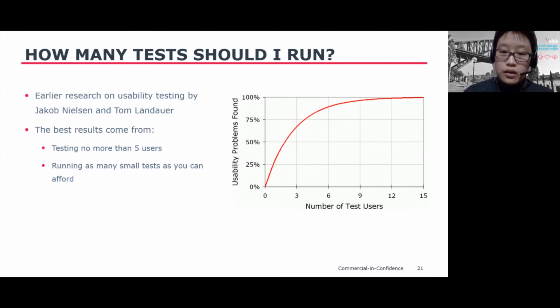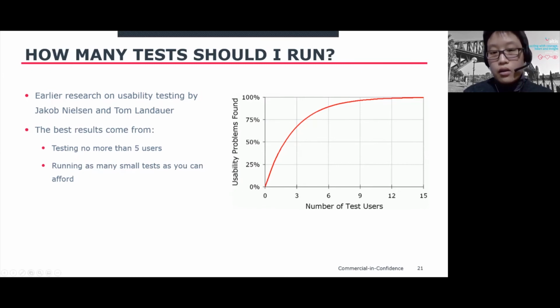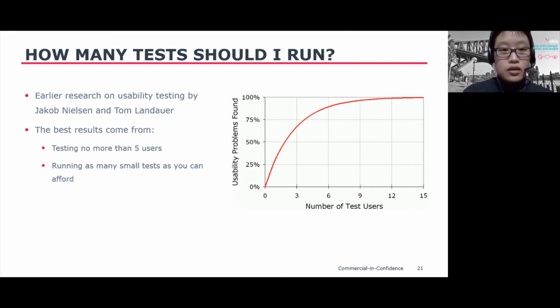So you can see the chart here. This chart is a logarithmic scale. You notice that the relationship is logarithmic between the coverage of the problems that you found during the testing compared to the number of test users. So the key takeaway of the research, if you don't want to go through all the research paper, is you should test no more than 5 users,